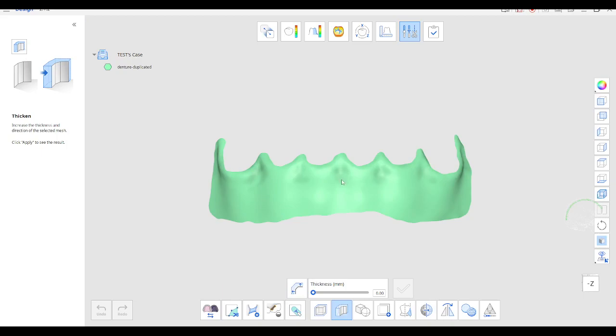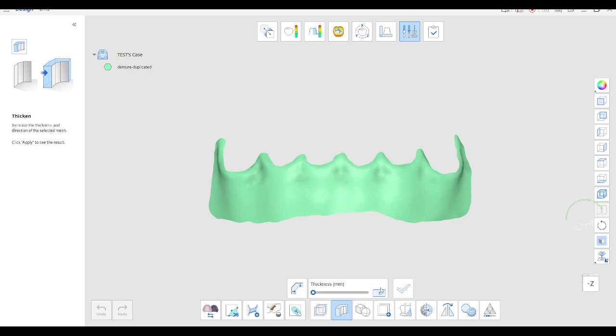So if I don't thicken it, what happens is that area is just one layer thick, right? So I need to make sure that it's thick and thick inward. So this right here changes the thickness direction. So right now it's set to be outward. If I click on it, left click, it changes to inward, or I can do both. So for this particular one, I'm just going to do inward, and we're going to do it at 1 millimeter,